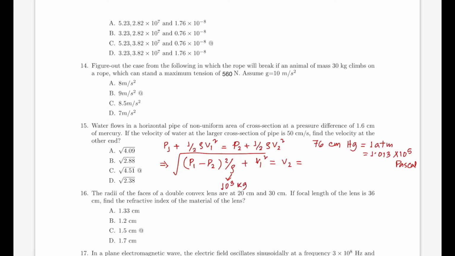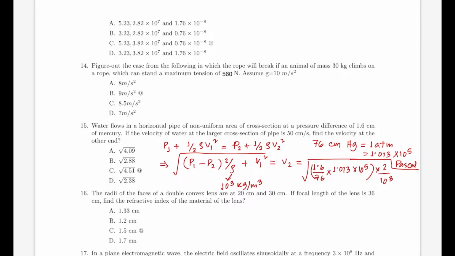So V2 can be written as 1.6 by 76 into 1.013 into 10 to the power 5, whole thing multiplied by 2 by 10 to the 3